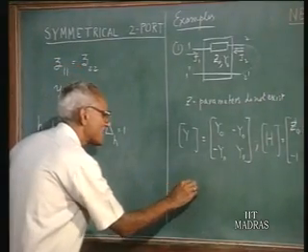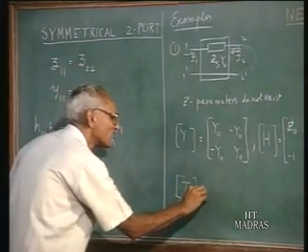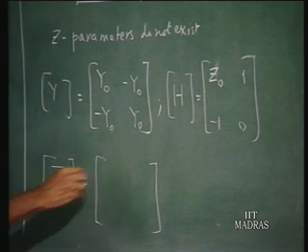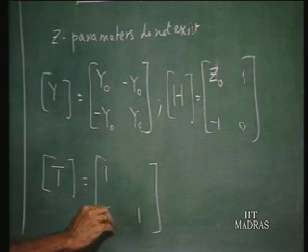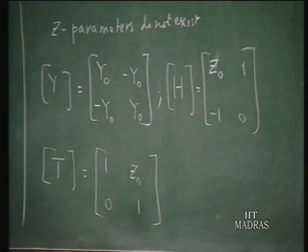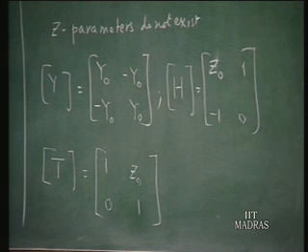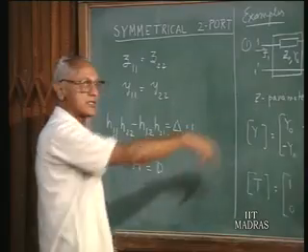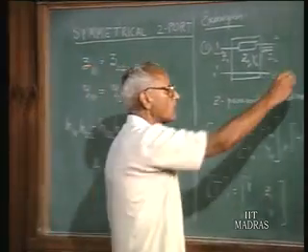The transmission matrix, the ABCD matrix for this can be computed from the definitions of the ABCD elements. This turns out to be 1 1 0 Z0. All these Y naughts and Z naughts are functions of S, of course, in a general case. So in this simple example we have Z parameters do not exist, Z matrix does not exist, but the other matrices, other parameters do exist, and these are the values. Now let us take